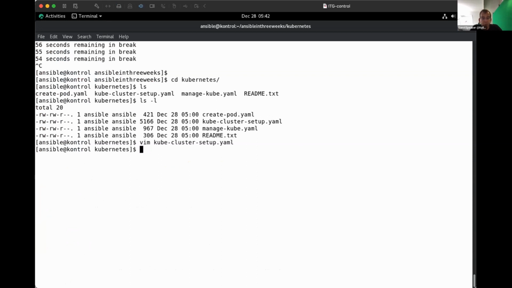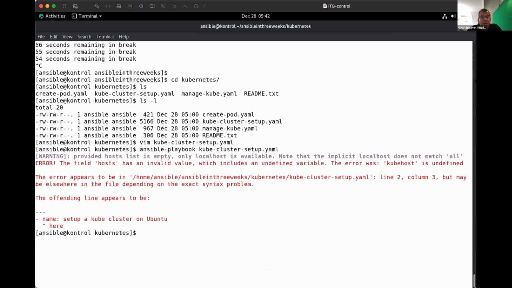Let's run not kubectl but ansible-playbook on kube-cluster-setup.yaml. And oh boy, what do we get? Well, we are getting: the value of host has an invalid value, which includes an undefined variable. Error was kube_host is undefined. I have two problems here. Problem number one is that I need the startup parameter. Problem number two is that I need